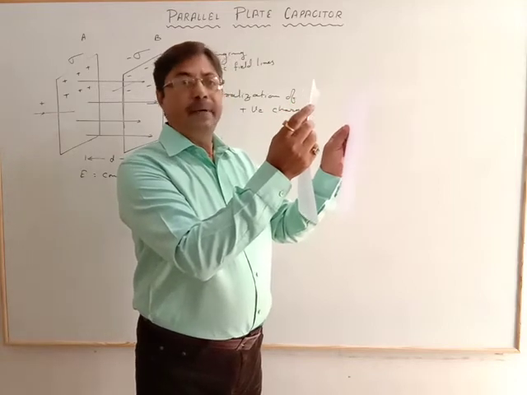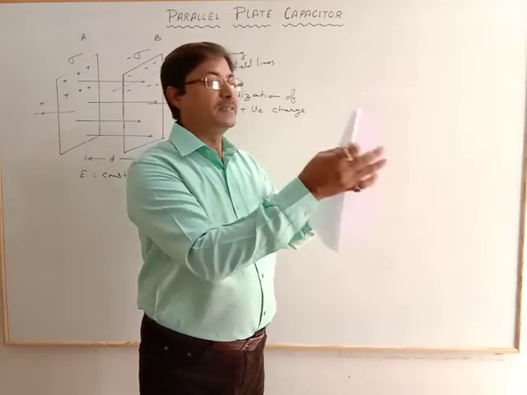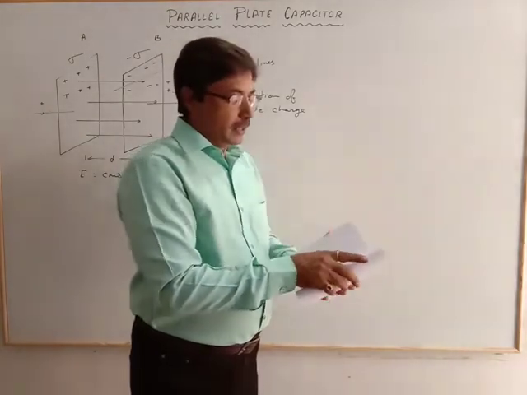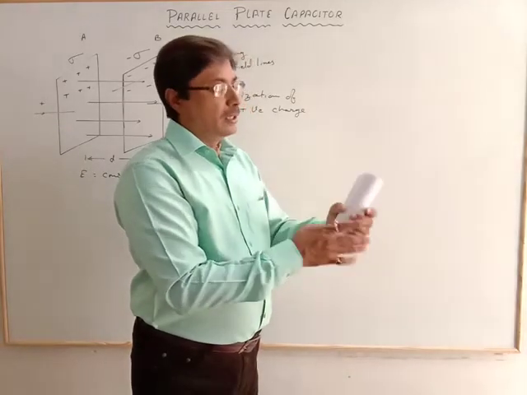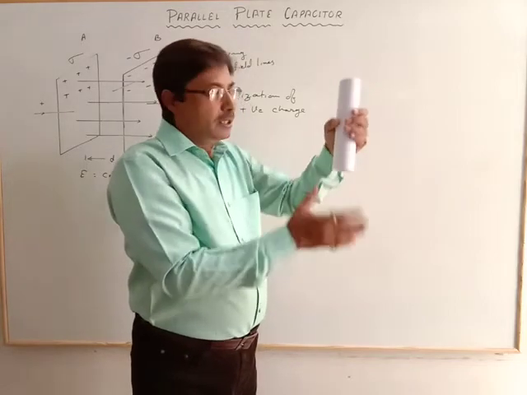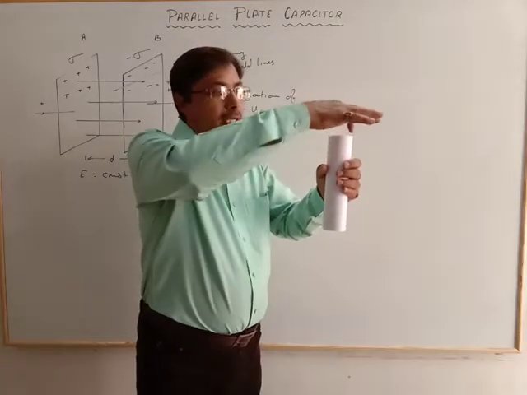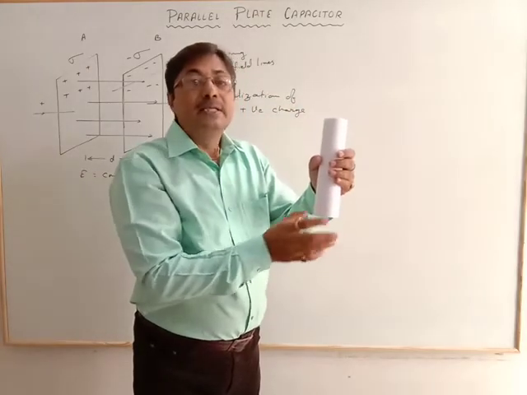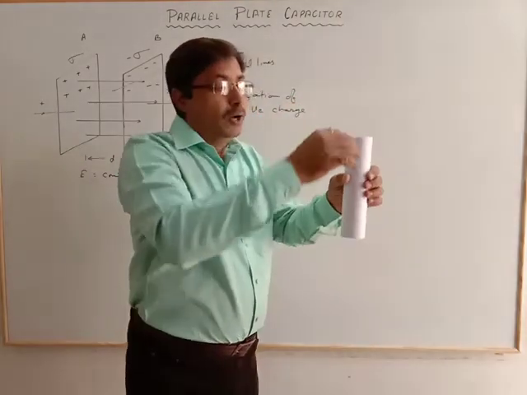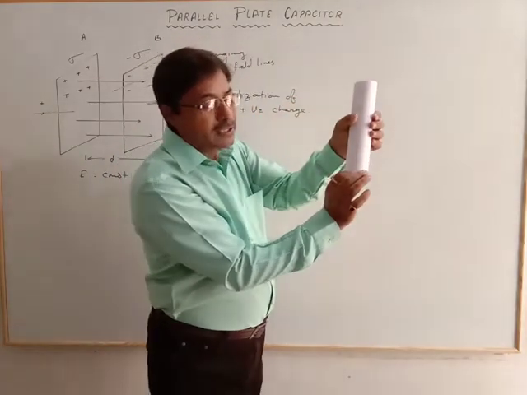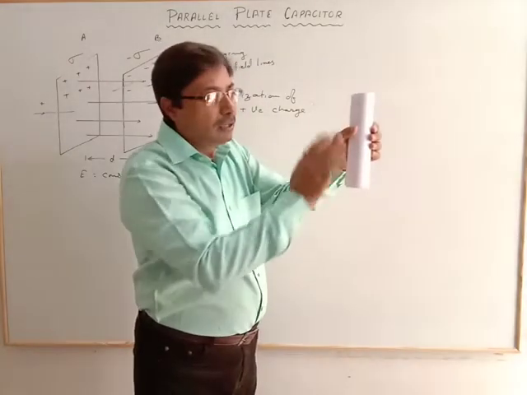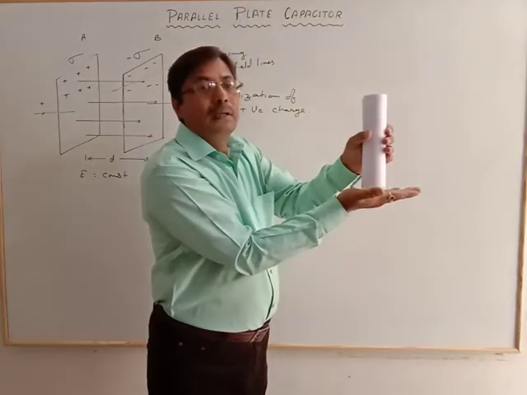If we rearrange the parallel plate according to our convenience, let's suppose I make this one like this to hold it. Now it becomes smaller as compared to the earlier size of the plates. Now that big parallel plate appears as a cylindrical parallel plate. It is also a plate, with the next plate where the distance between the plates is very small as compared to the area covered. So that becomes the cylindrical